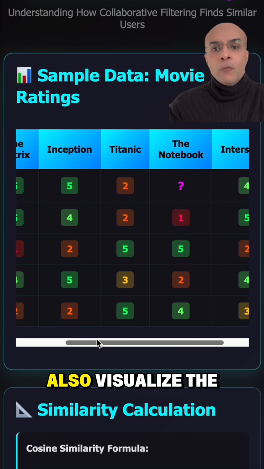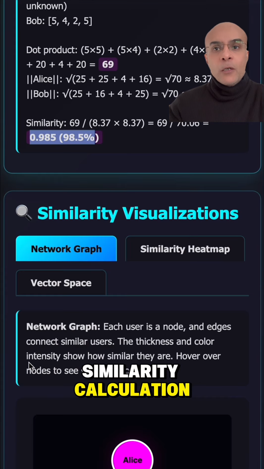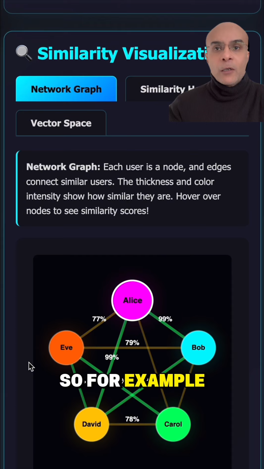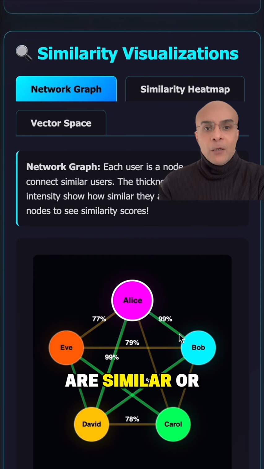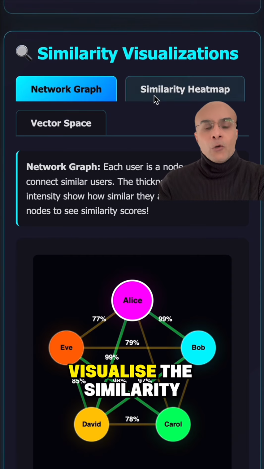Now, you can also visualize the similarity calculation in different ways. For example, one way is to use a network graph where all the users are shown as nodes and the links show if they are similar or not. You can also visualize the similarity